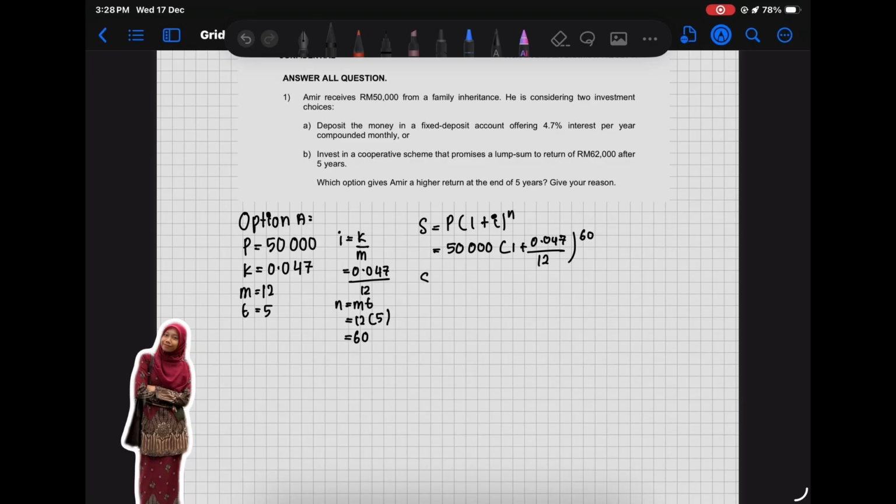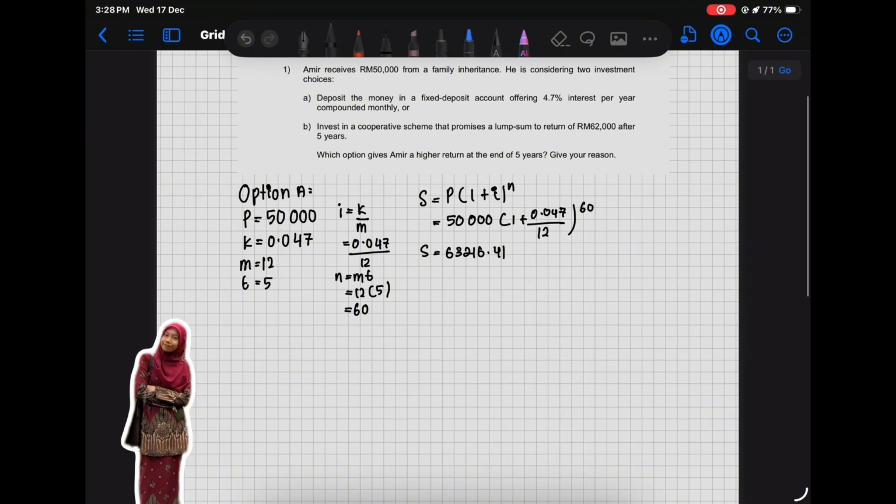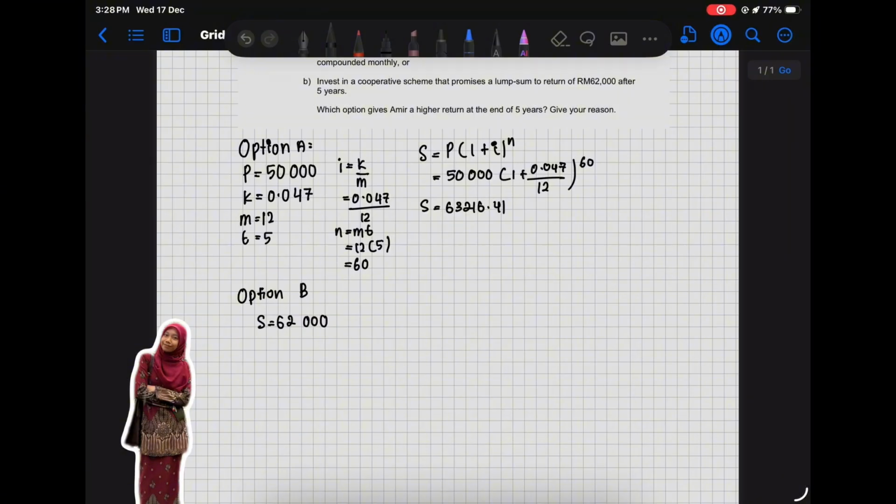Next, we just substitute all the information into the formula and get the answer for option A. The answer is 63,216 and 41 cents. The question gives that the future value for option B after 5 years is 62,000, which is the S value. So, we can see that option A gives Amir a higher return at the end of 5 years than